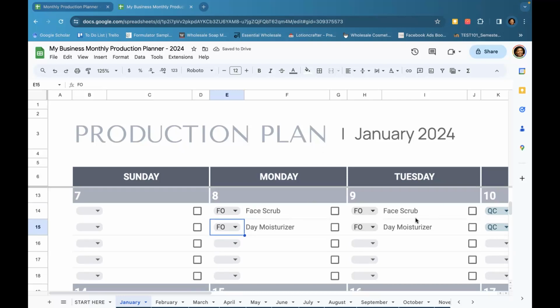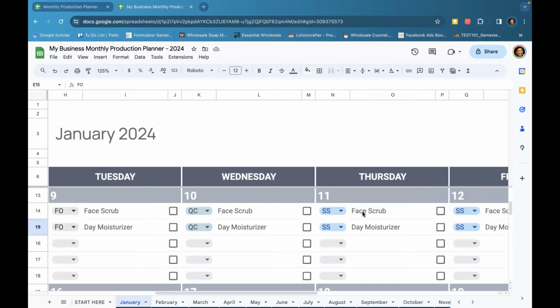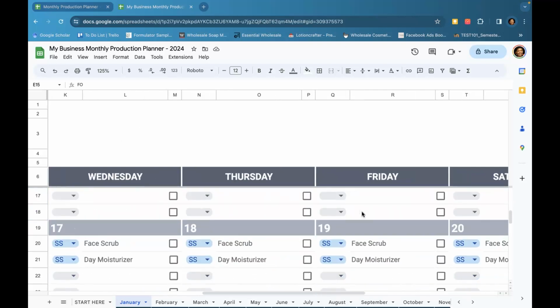I'm going to be doing some reformulation on the 8th and 9th of January. And then I'm going to do quality control testing just to ensure that they're meeting certain specifications that you may have set up for that particular product. And then you're going to be doing some extensive stability studies just to ensure that the product is maintaining its form and maintaining its function, and you're going to focus on that for 2 weeks until you are ready to